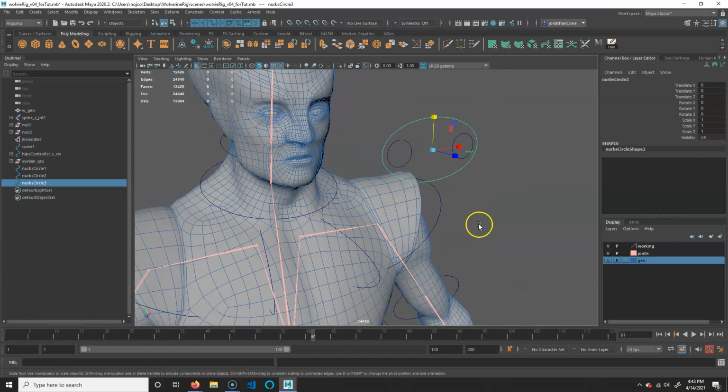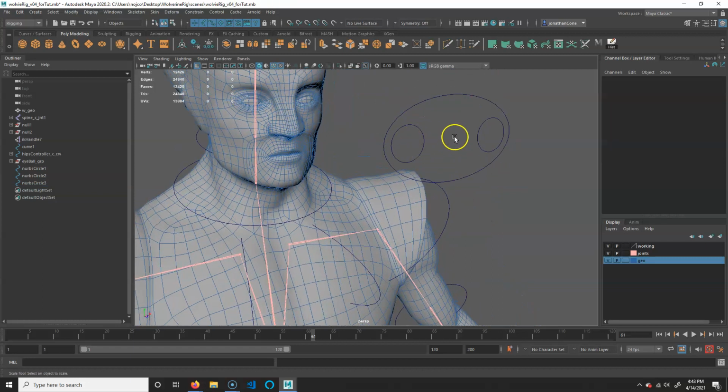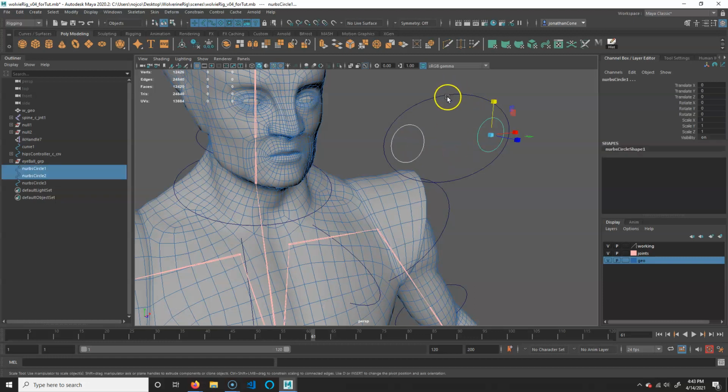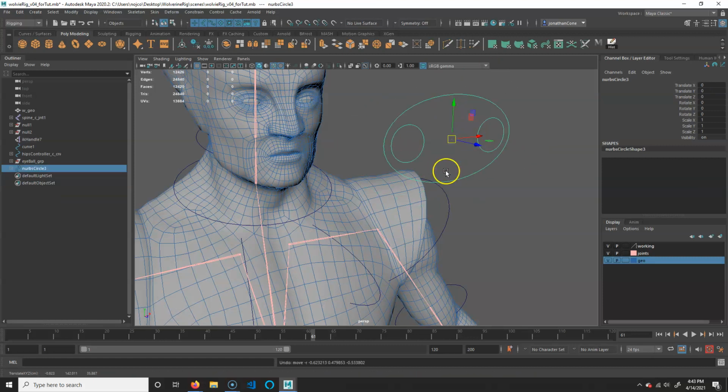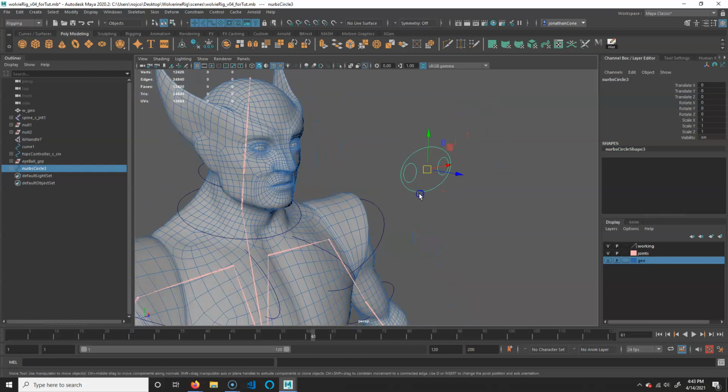Okay. Then what I'm going to do is this. I want to take both of these and parent them to this curve. So I'm going to grab them both. And then now hold shift and click on this last and hit P. Now when this one moves, those both will move with it. All right? Next thing we're going to do